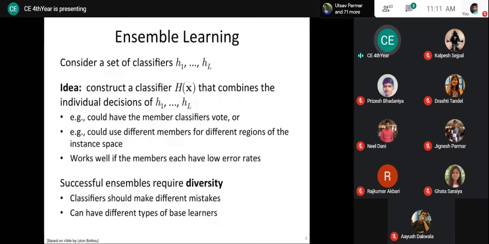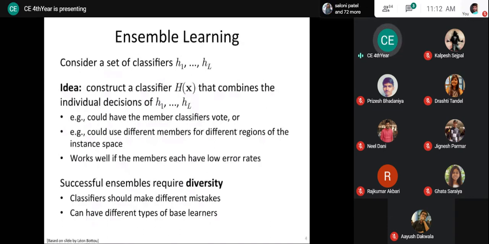Another way is that for different members, we will provide a different region. Let's say specifically if we talk about an image. Rather than giving the full image to all L classifiers, what we can do is give a part of that image to each individual classifier. Let's say we have four classifiers. We'll divide that image into four parts. The first part will always go to H1, the second will always go to H2, and so on. Based on that part processing, the classifiers' results that we obtain, we will use for further processing, right? So in that case, rather than considering the majority, we are supposed to combine all four answers,